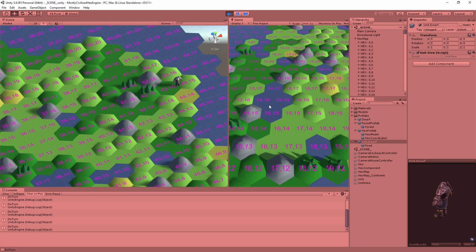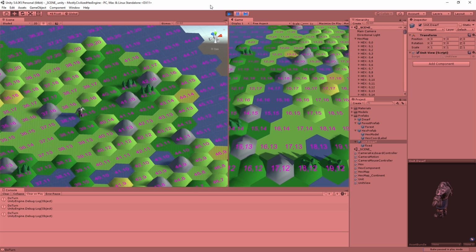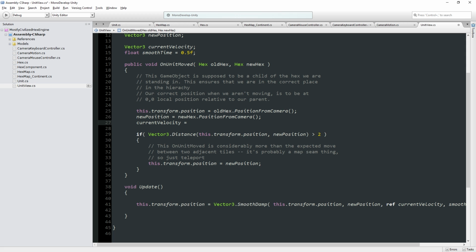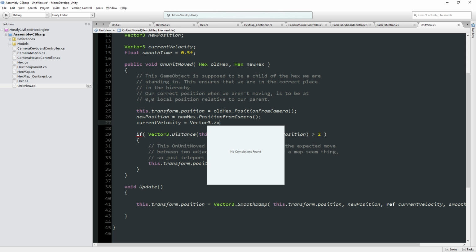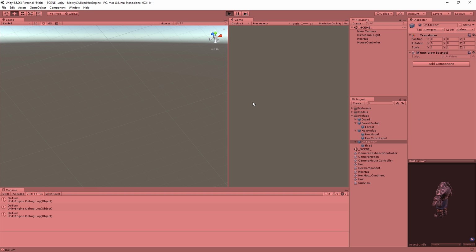Oh, there is some interesting stuff here. You go and teleport there, but if I was double tapping, it was getting a little bit funky. You know what we should do, actually? That makes a lot of sense. We should always set, in this phase, old position equal to this, and we should reset the current velocity equal to Vector3.zero so that any old sliding is gone. So every time you move to a new hex,